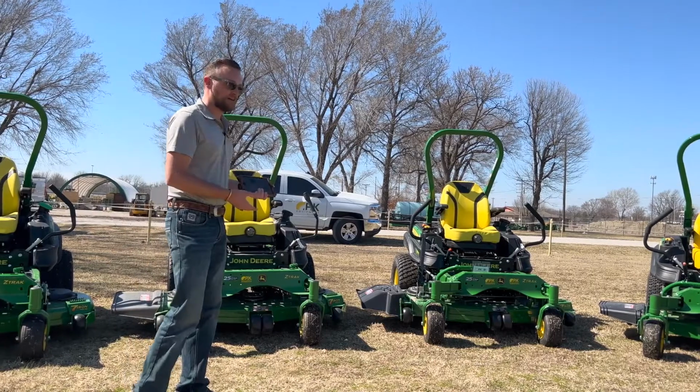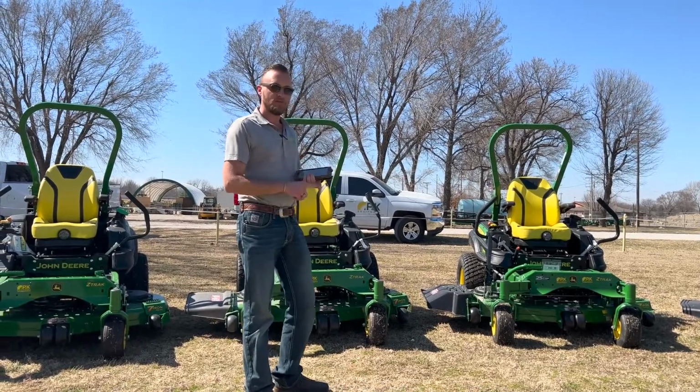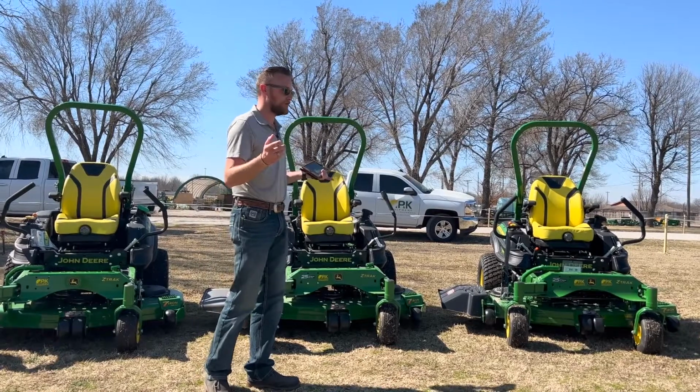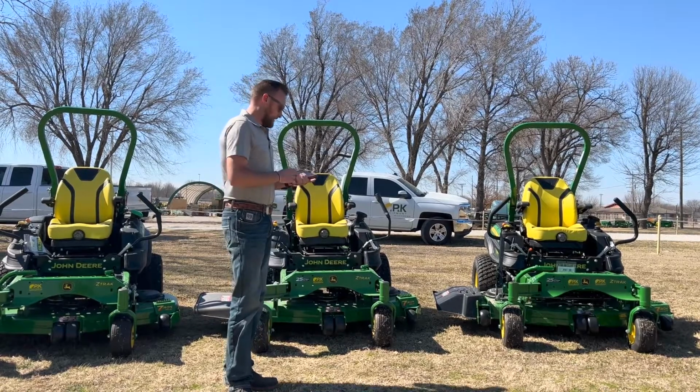I don't have a Fastback Pro Deck here in front of us today, but there are some benefits of a Fastback Pro Deck that we should discuss. One being that you can trim on both sides of the deck. So you have a little bit more variability and maneuverability with that machine as you're trimming around different obstacles. Number 2,